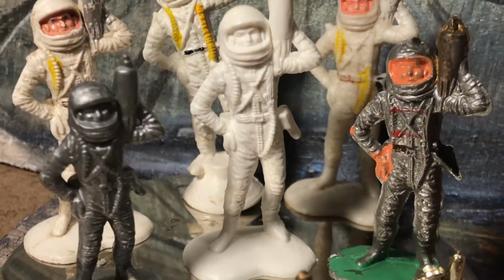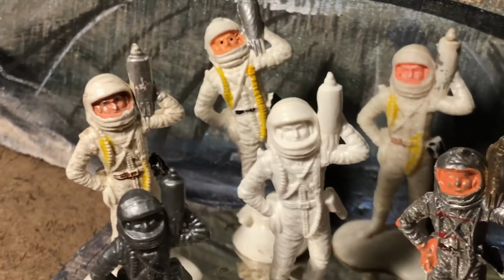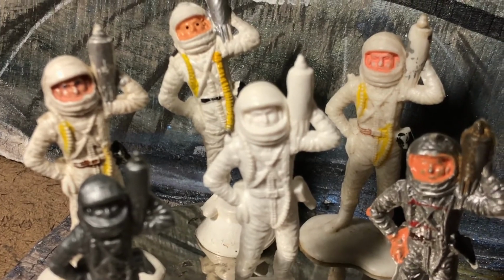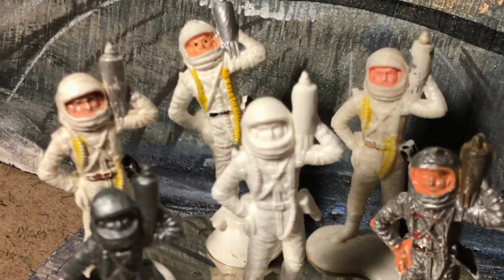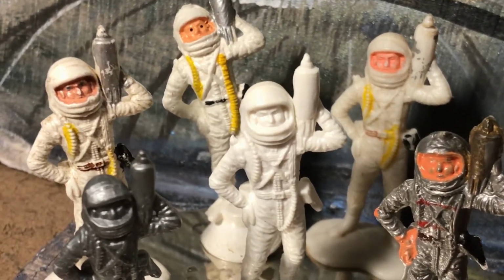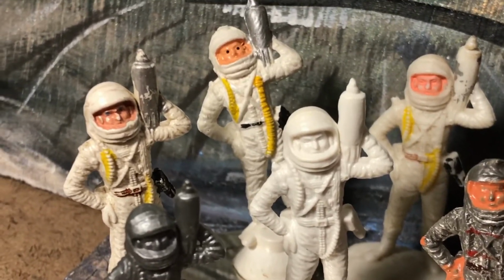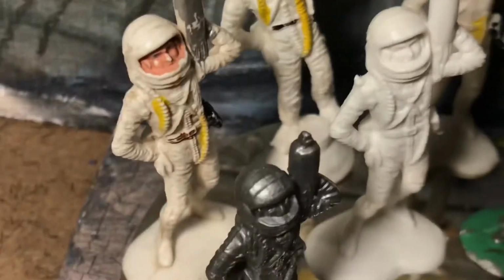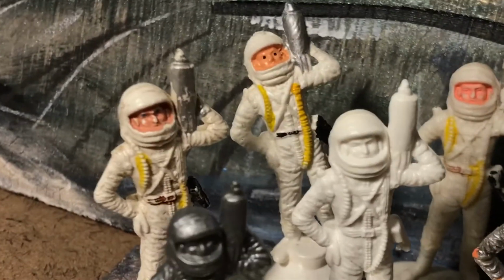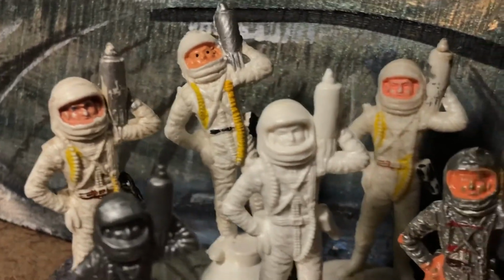There in the middle is an actual marked LP Toys version of him, and then two painted LP Toys marked. The one on the right has like a waxier look to his plastic. The one on the left has a chalkier sort of plastic. Not sure if that's signifying anything. And then in the back, a jiggler version with a suction cup base, just marked Hong Kong,